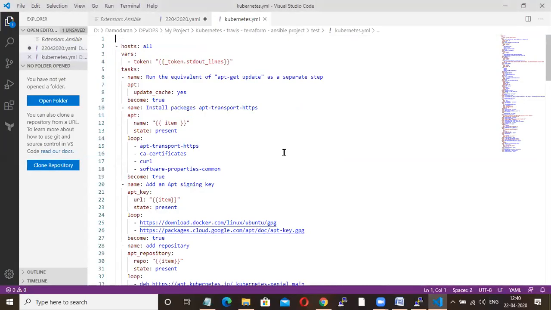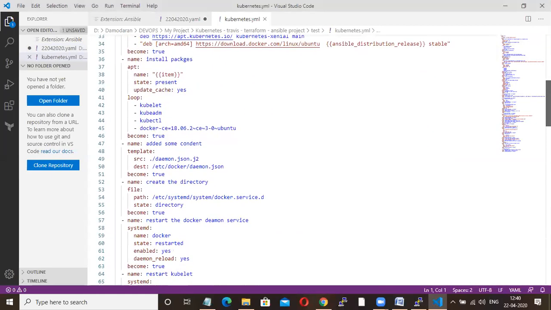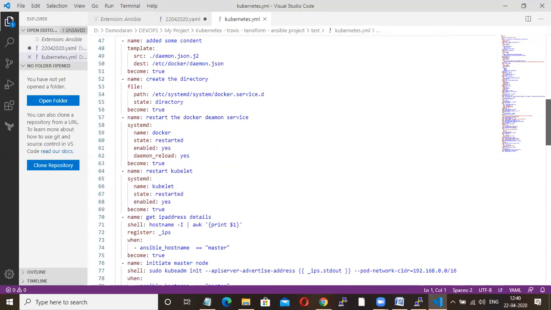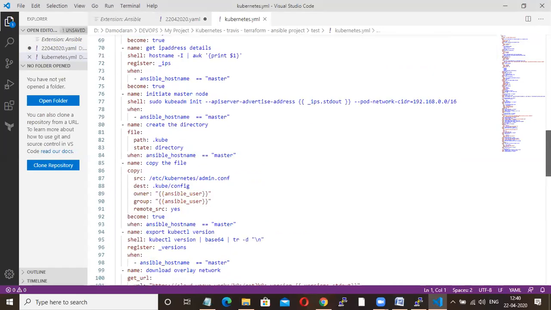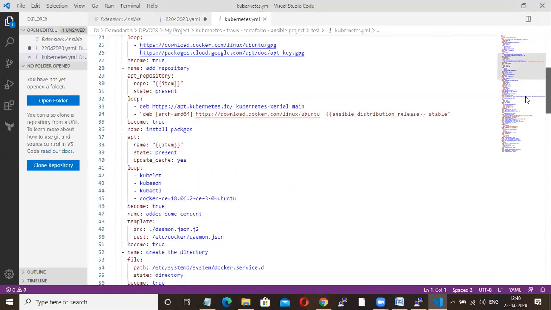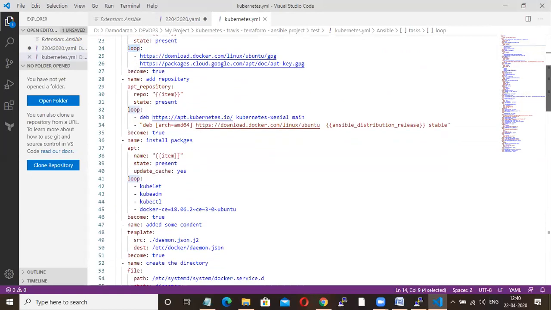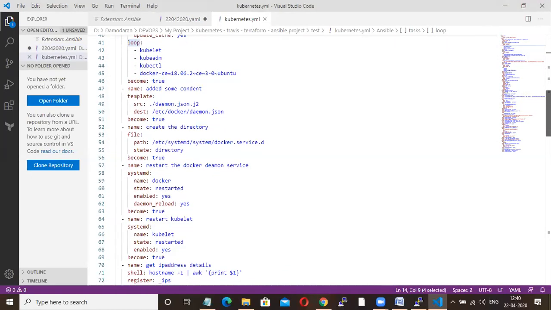So this is one playbook where I have installed Kubernetes, Docker, everything. Here I have also used the apt module with a loop.